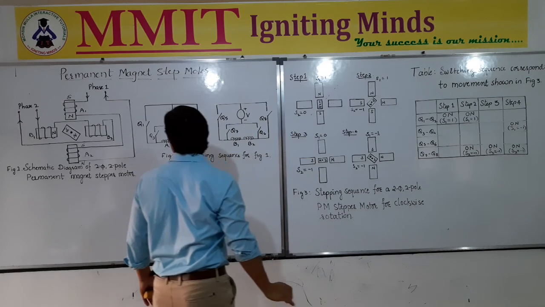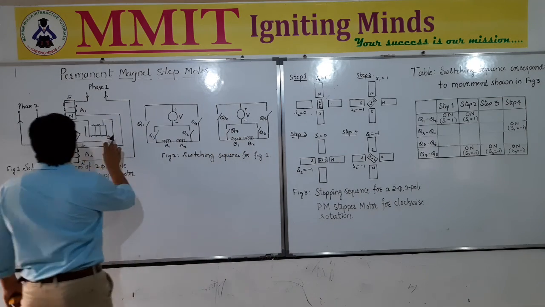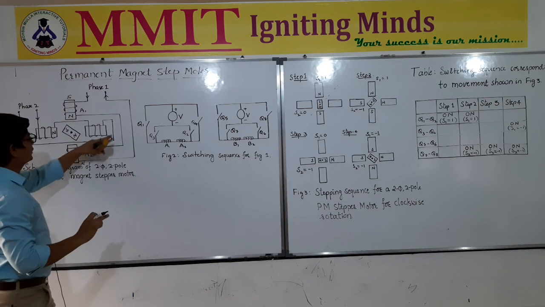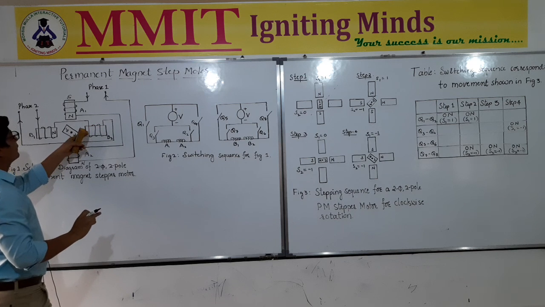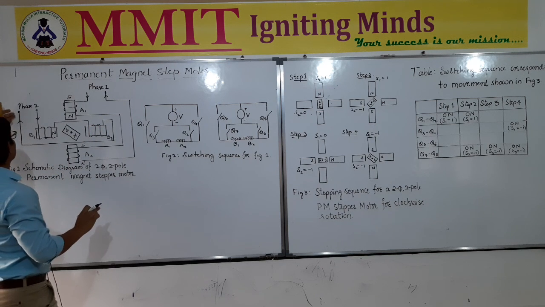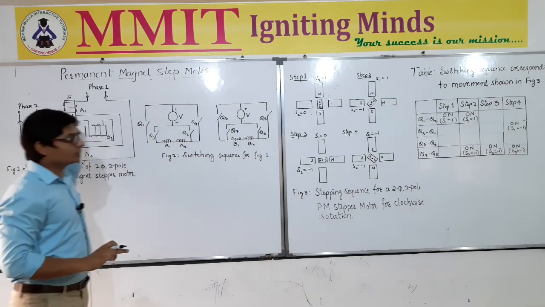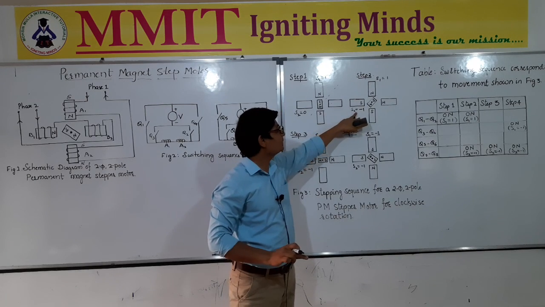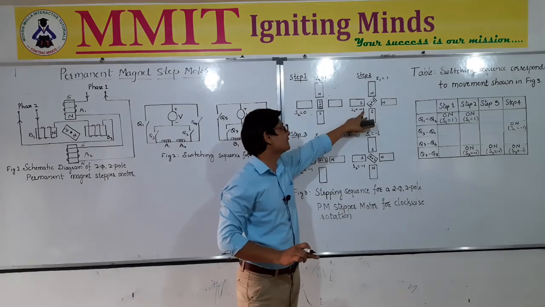Now let us see how we can obtain north here and south here. To obtain north here and south here, the direction of the current should be from this end. It has to enter from here, this will be south, this will be north. Therefore we are going to get north here. So it will be opposite to the conventional direction that we are considering. Therefore the second operation, step 2, is with S2 equal to -1. S2 is for the second winding.